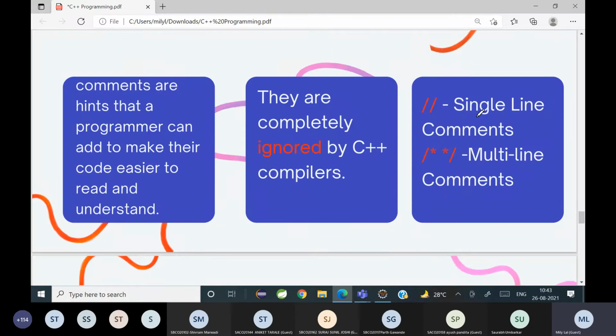I always encourage students to write comments because they make your code more readable. Clear? Okay, so can we see an example right now before the time ends?